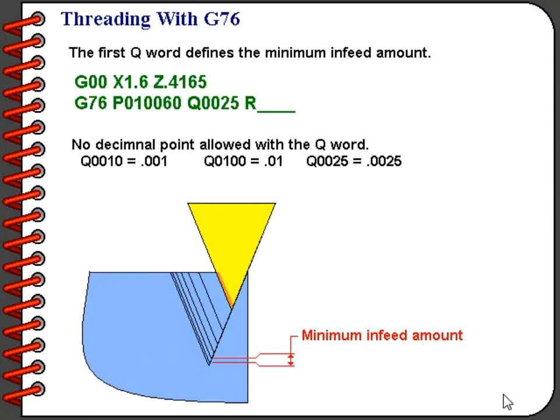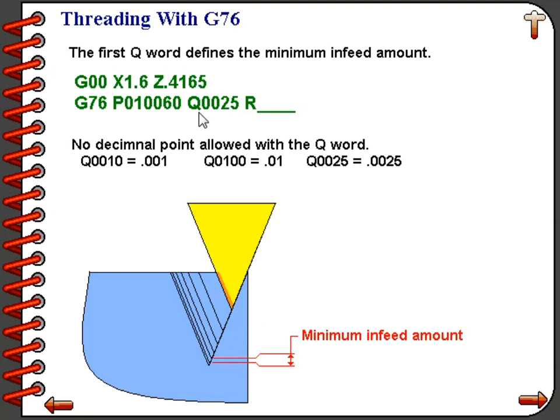A little bit later in this lesson, we're going to learn about the infeed amount per each roughing pass. However, the computer or your CNC control is what's going to calculate the amount of infeed for each roughing pass. But at some point, it's going to calculate a value that is extremely small. And what we want to do is limit how small that amount can be. The Q word on the first line of G76 controls this for